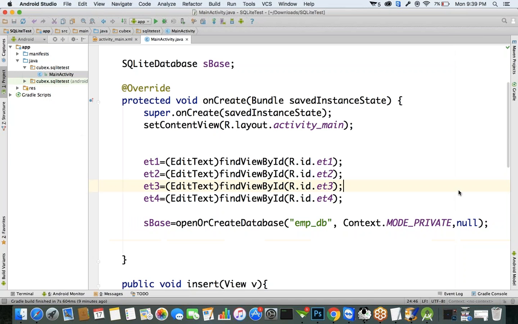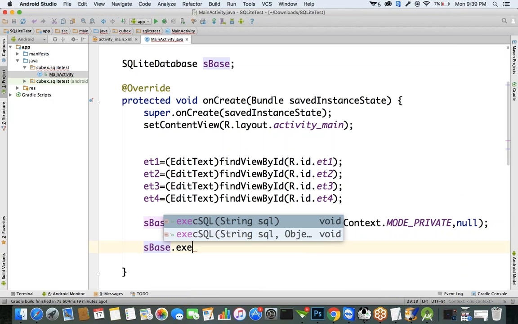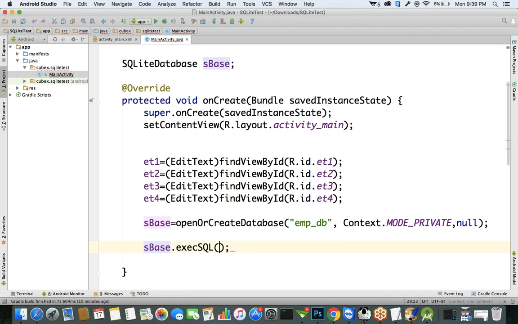If you want to create a table, on the SQLite database object there is a method called execSQL. Execute SQL is a method. We have to specify the SQL query in double quotes,